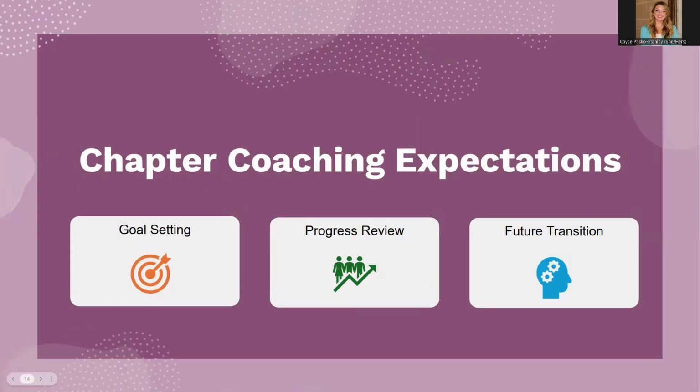What to expect in chapter coaching? Your chapter coach is the liaison between your chapter and the Office of Fraternity and Sorority Life. While the expectation is that you meet once per quarter, you are welcome to meet as frequently as would be beneficial for your chapter. In the first quarter, you can expect to set some goals for your chapter. In the second quarter, you can expect to participate in the progress review. And then in your last quarter, you can expect to begin to prepare for your transition